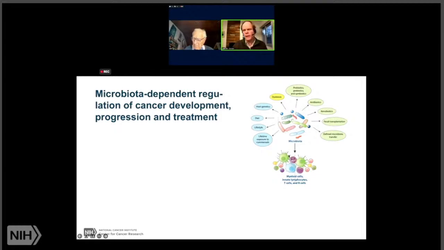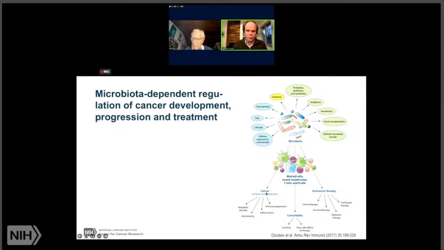In my talk, I specifically focused on the immune cells in the specific environment of the liver, and I showed you in the first part changes on NKT cells, and in the second part how it affects myeloid cells. And this then ultimately will lead to changes in cancer initiation and progression.